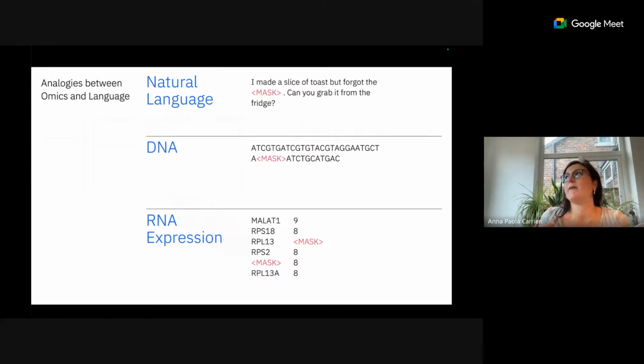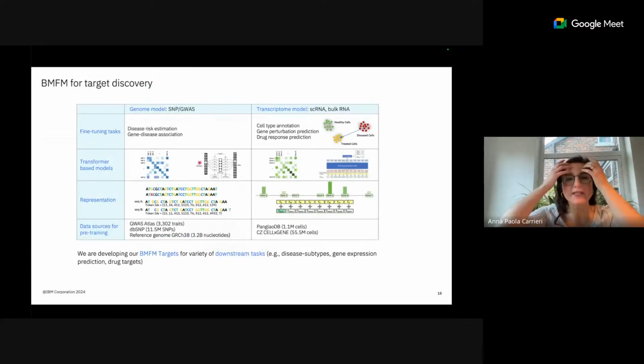So once a large language model or foundation model that is, for example, trained on DNA data or RNA data, is trained on a huge amount of omics data, it learns characteristics of the DNA and of the RNA. And after it's done that, you can have one last layer of that big architecture, the big trained model, that can be a softmax layer, which is the layer that enables you to do a prediction. So for example, a classification. And I will give a specific use case to kind of clear this up.